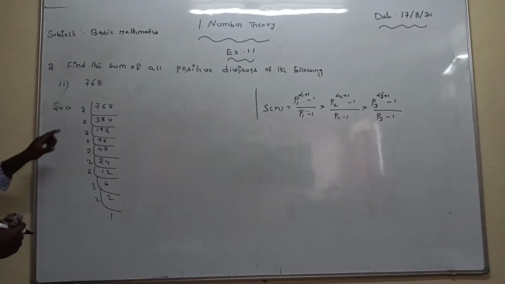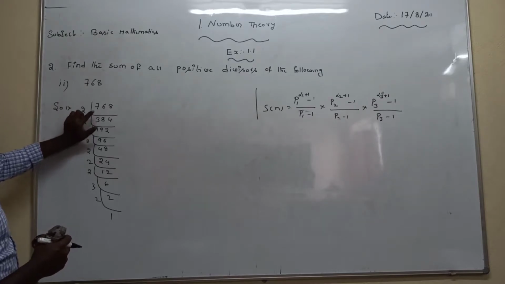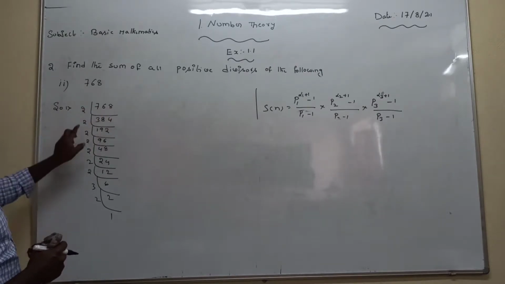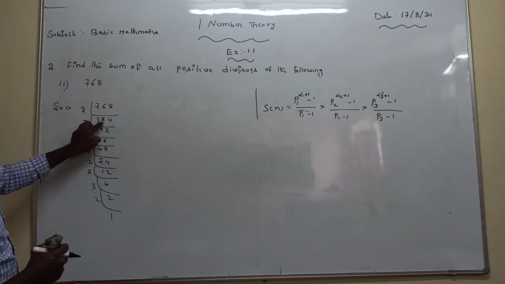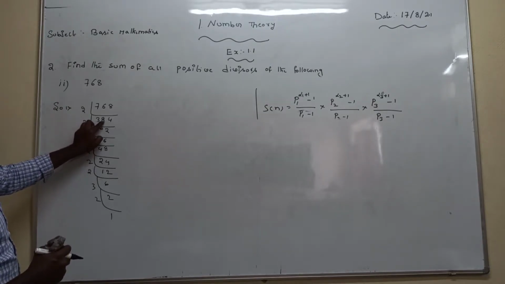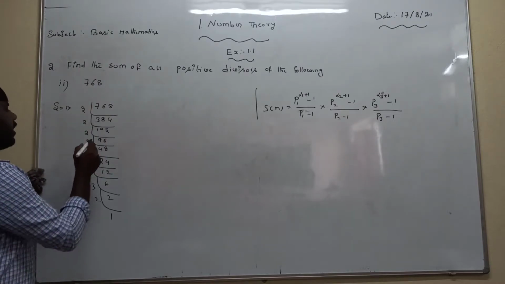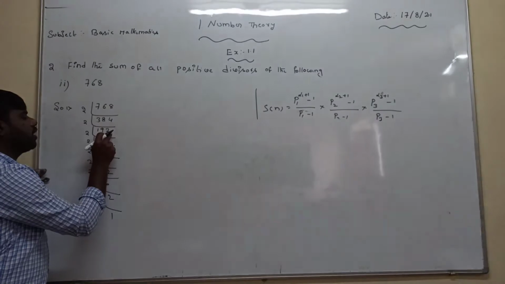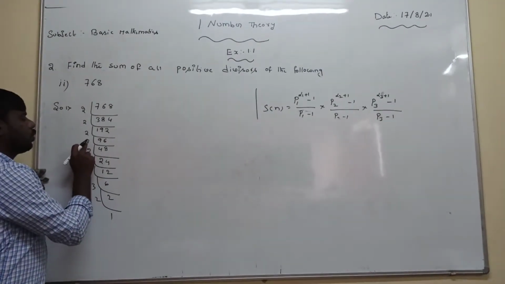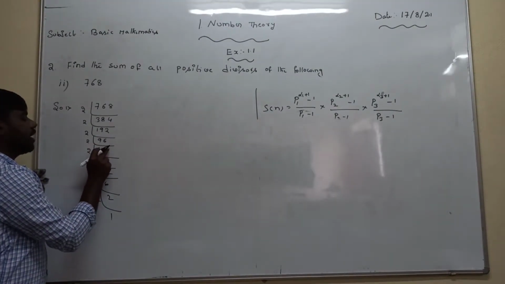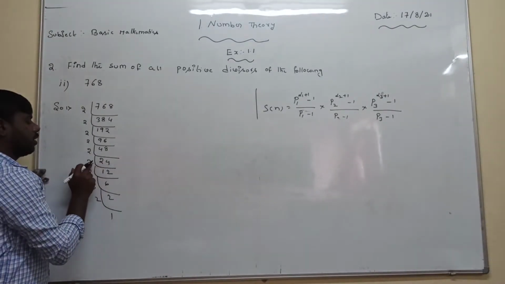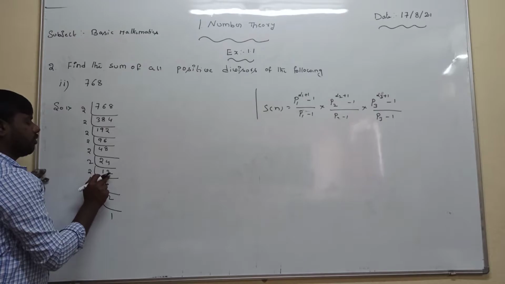So after here, 2 3s are 6, remaining 16 is left; 2 8s are 16, 2 4s are 8. Next, 2 1s are 2, remaining 18 is left; 2 9s are 18, 2 2s are 4. Next, 2 9s are 18, remaining 12; 2 6s are 12, 2 4s are 8, remaining 16; 2 8s are 16, 2 2s are 4, 2 4s are 8, 2 1s are 2, 2 2s are 4, 2 6s are 12.